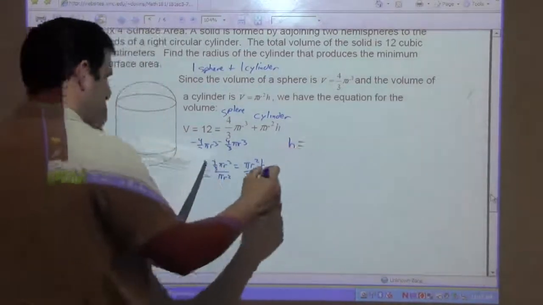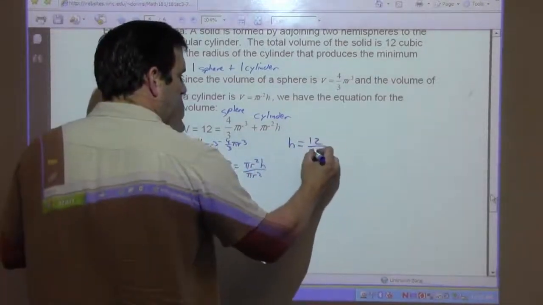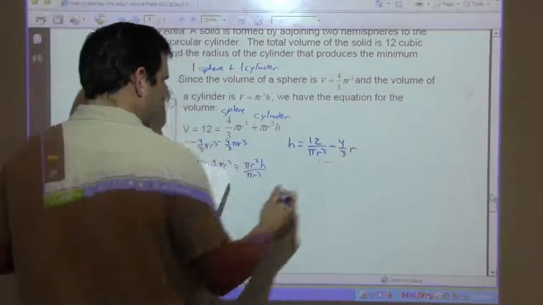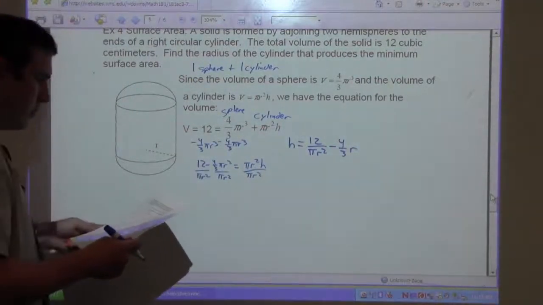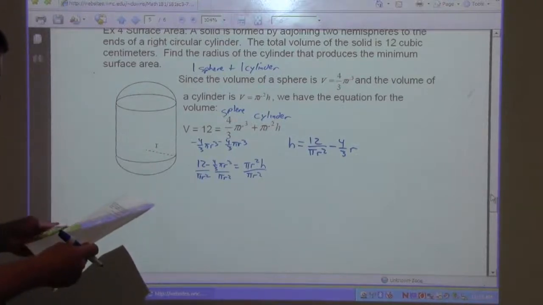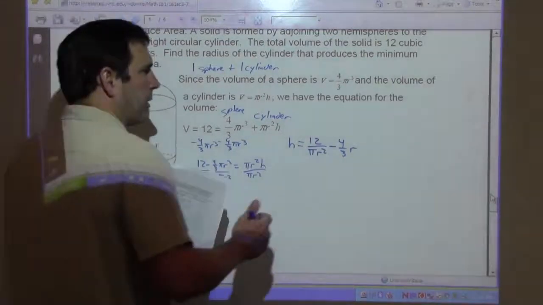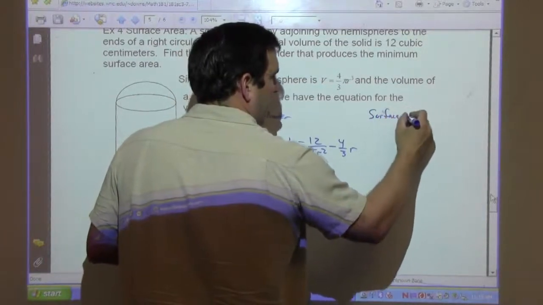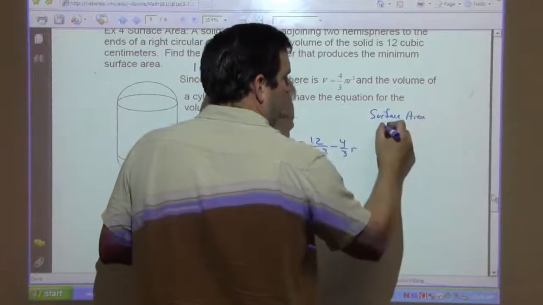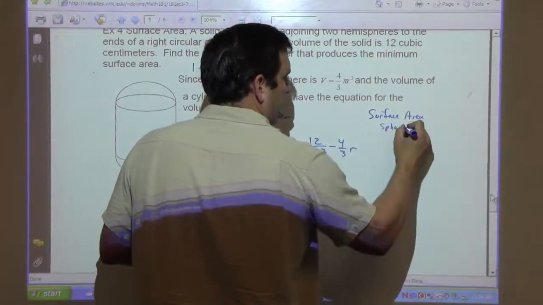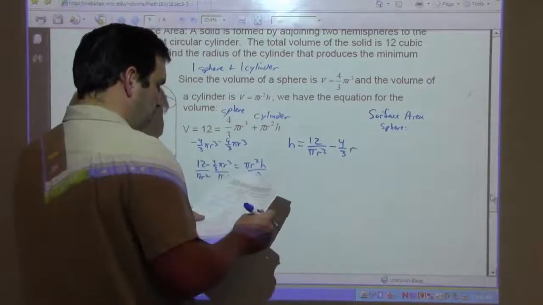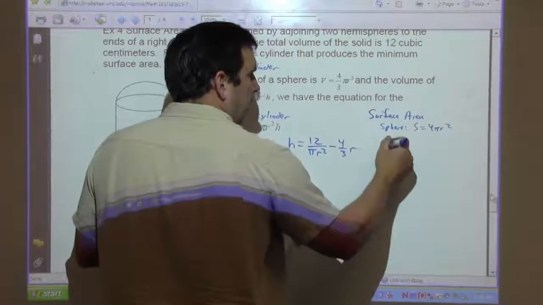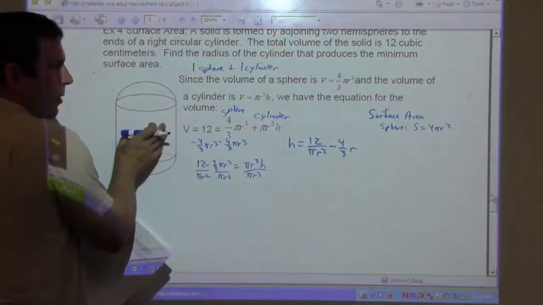H would be 12 over pi r squared minus 4/3 r. Now, for the surface area of our sphere, surface area is going to be 4 pi r squared. And now for our cylinder, though,